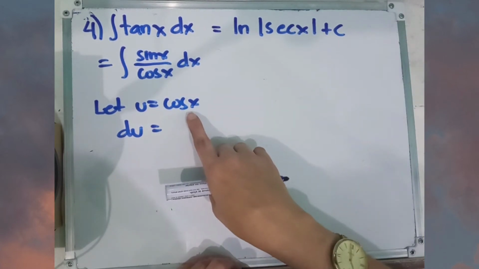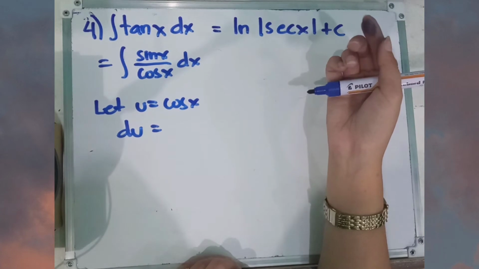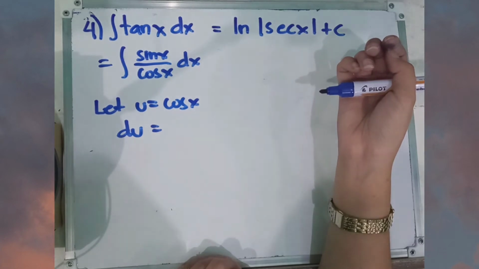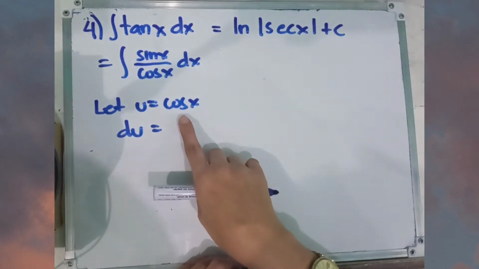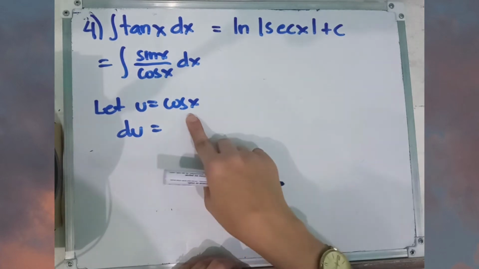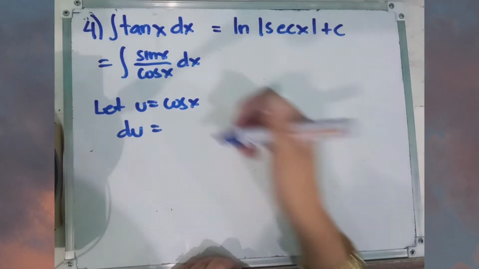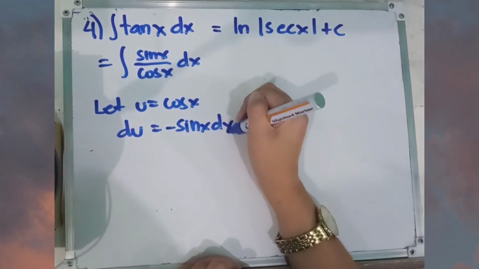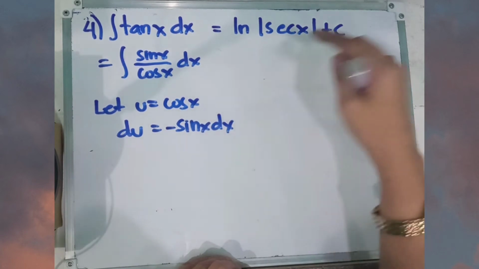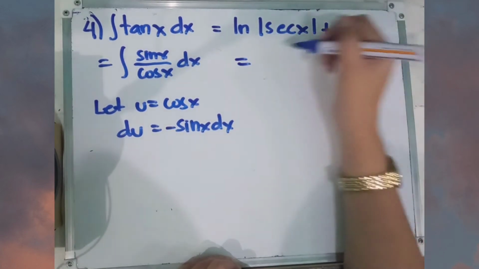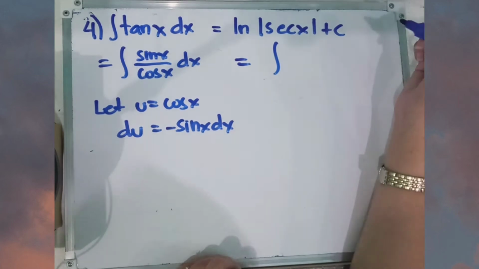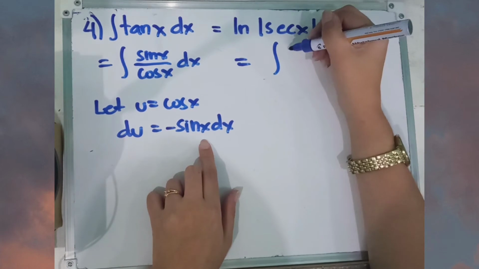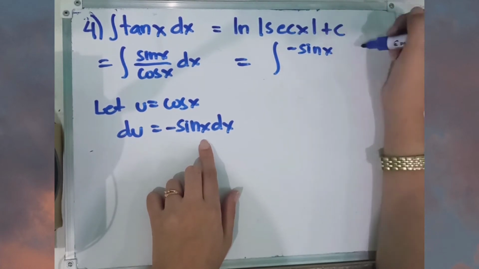Now review the earlier rules. The derivative of sine x is simply cosine x. Now this time, what's the derivative of cosine x? If you can still remember, the derivative of cosine x is negative sine x dx. So let's go back here. That's the integral of, now du is negative sine x dx. So we can rewrite that part as sine x dx